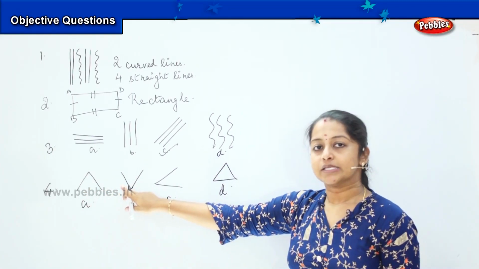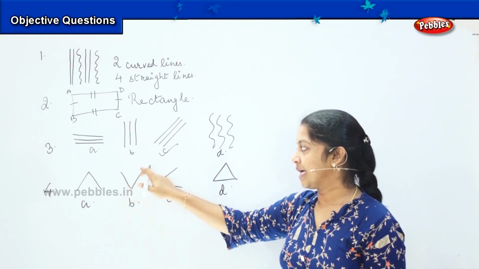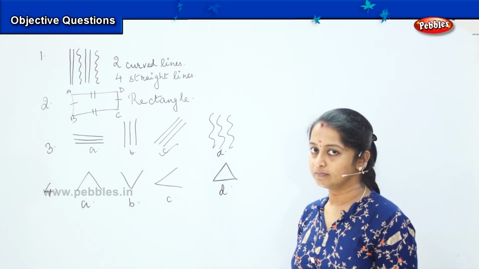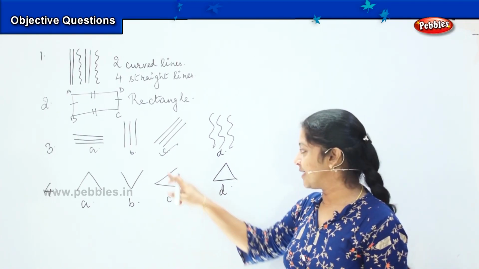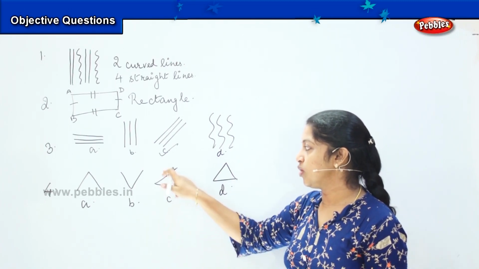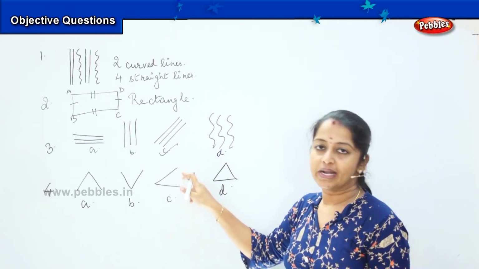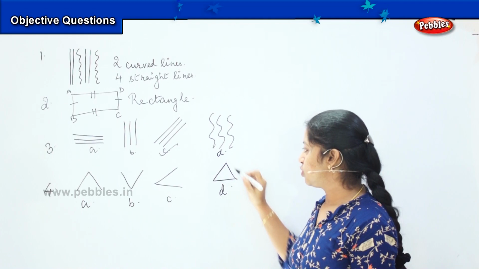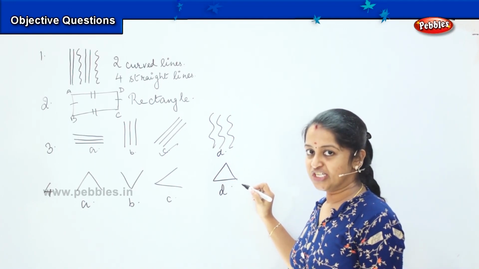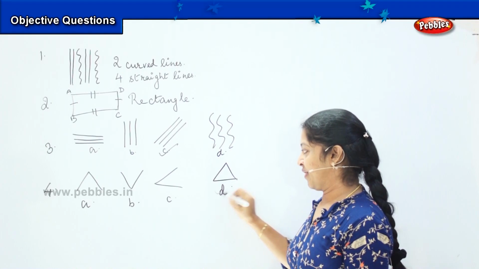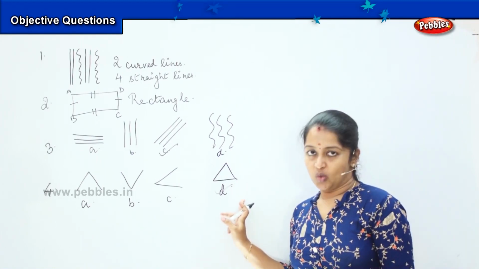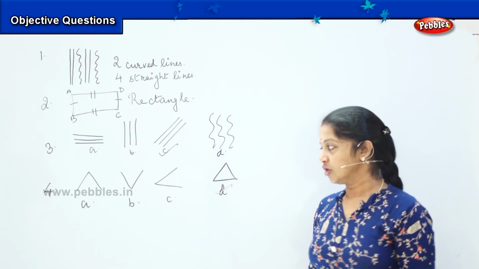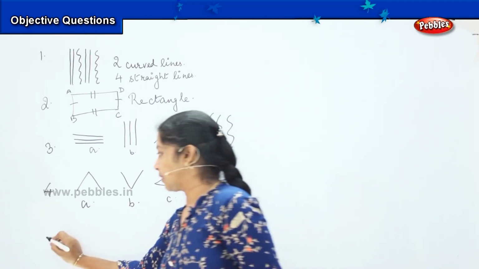My option B is also not the right answer because again it has got only 2 sides. What about option C? Option C is also not the right answer because here also it has got only 2 sides and this is an open-ended side. What about the fourth one? 1, 2, 3. So does it make a complete shape? Yes. So my right option is option D, which is a triangle among all the 4 figures given. Good going. So shall we move on to the next one?